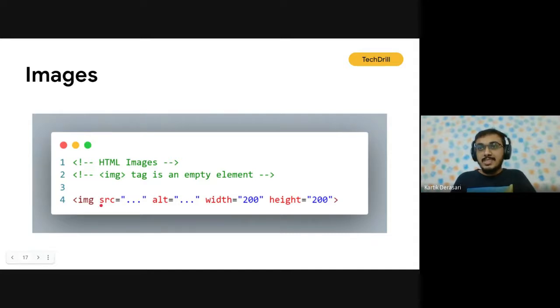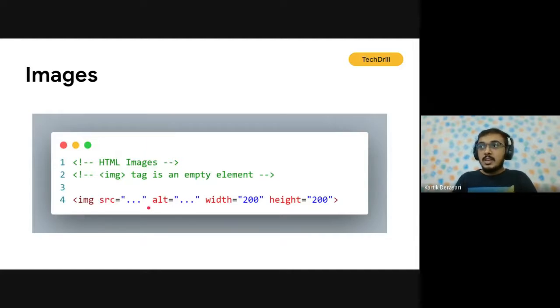Whenever you want to place an image, we need to store that image somewhere. That could be in a database, that could also be in the file structure. So we need to pass the path of that image here. For example, if your image is missing, or if the internet is slow and the image is not able to load, then this alternative text will be displayed on the website.